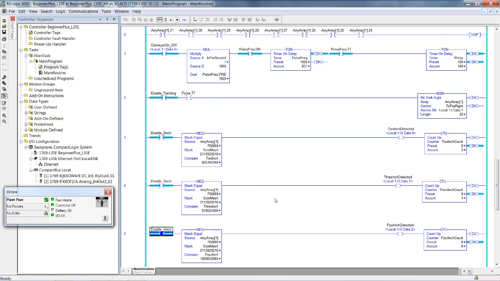So I'll hold down, we'll do a 4-inch carton. 1, 2, 3, 4. You see the 4-inch is detected and it increments by 1. We'll do a 2. 2-inch detected. We'll do a 3. 3-inch detected. The end result of this real simple logic is that we detected